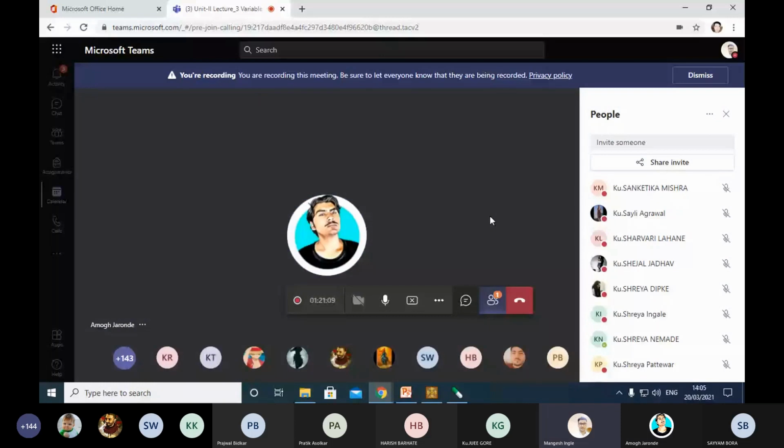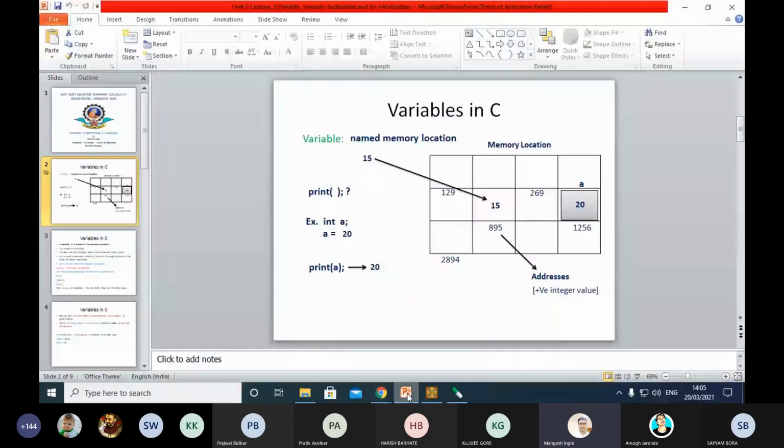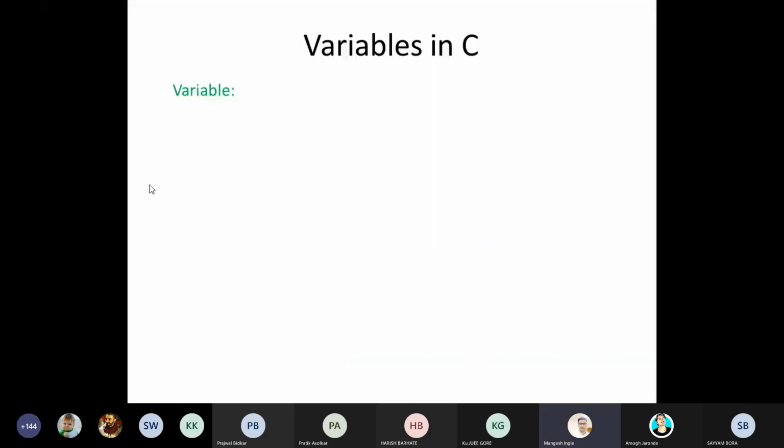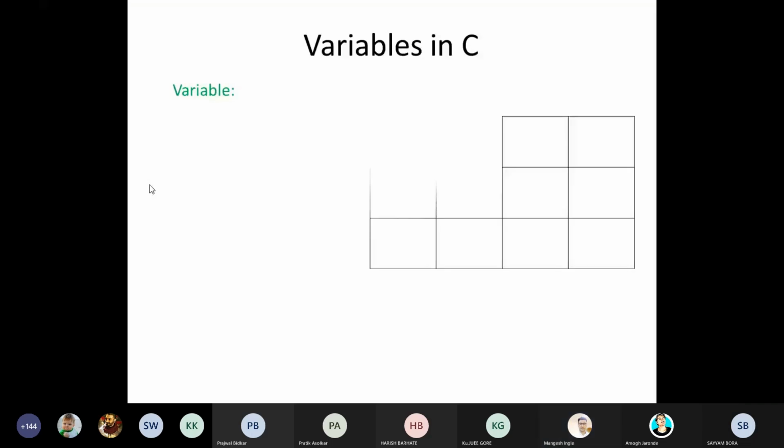Just concentrate here. I'm recalling this whole concept and we will switch to the next line. So, variable. Everyone concentrate. These are the memory locations. You can find the same memory location in every memory type, like your hard disk, your micro SD card, or anywhere. This kind of memory location has some kind of memory addresses, as you can see on your screen. So it can be referred to as an address.